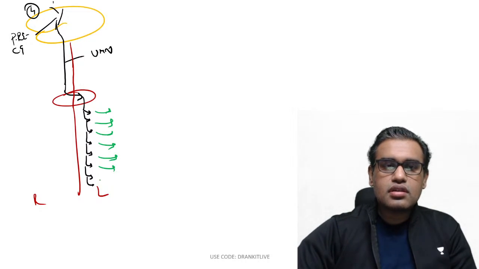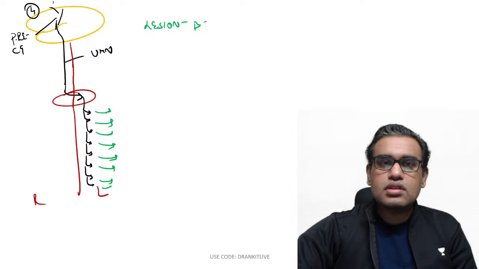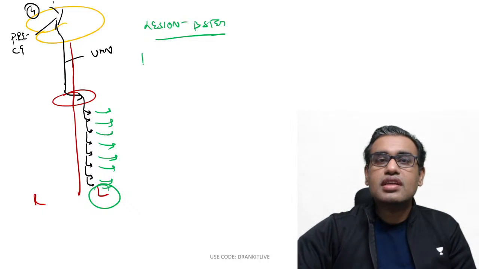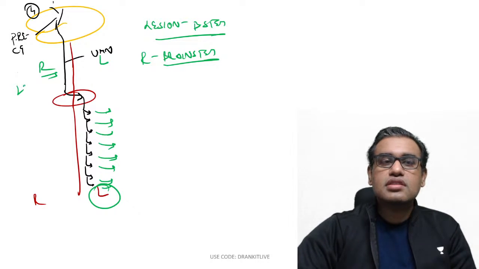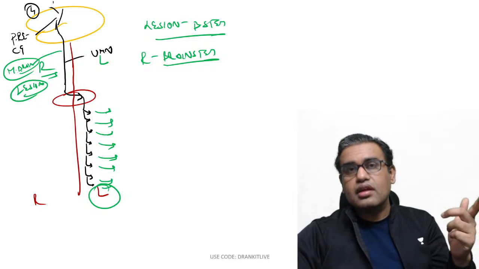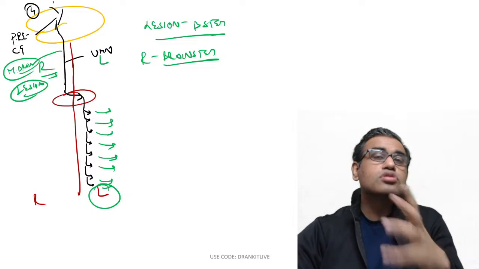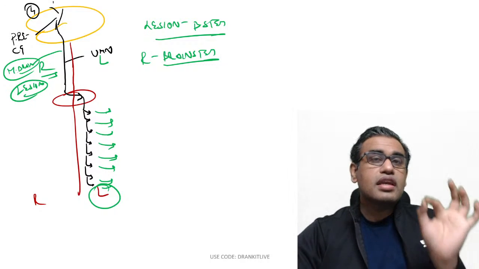Okay, so where was the lesion? The lesion was in the brain stem. Left side body weakness, so the lesion is where? On the right side of the brain stem. Am I correct? Here you have the lesion on the right side of the brain stem. This is the site of the lesion. Obviously it would be near the midbrain. Why? Because the patient is having a problem in the eyeball movement, mainly the muscles. The third and fourth nerves, which supply most of these muscles, come from the midbrain. So we can assume that the problem is in the right side brain stem, mainly the midbrain.